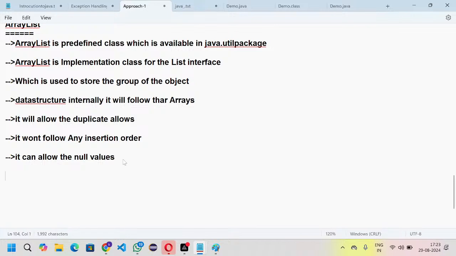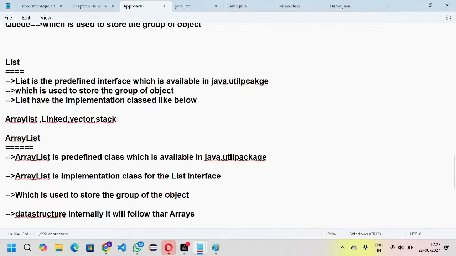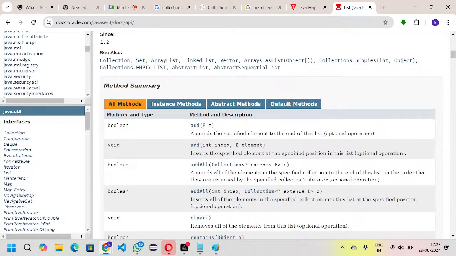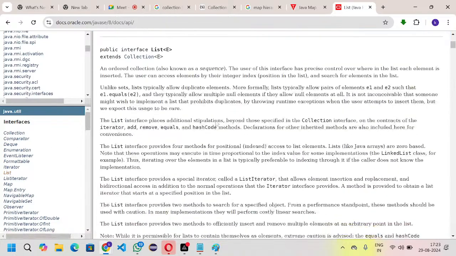Okay, we have some predefined methods available. The predefined methods are available in the list. I will show you the predefined methods. You can come to the document. Simply go to the list. This is the list, right? If you scroll down,